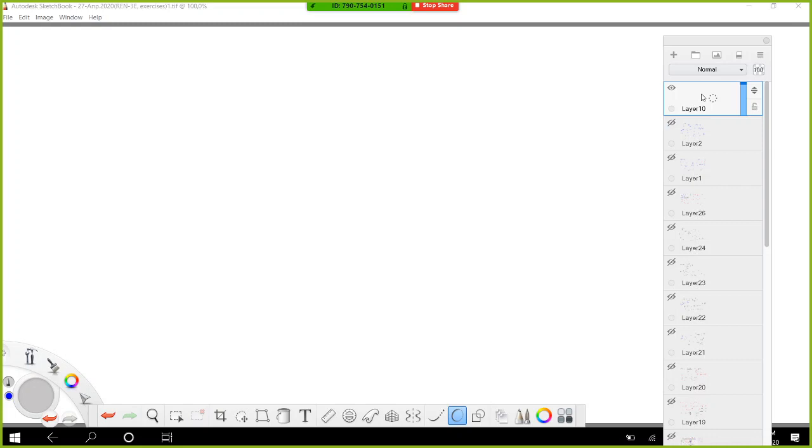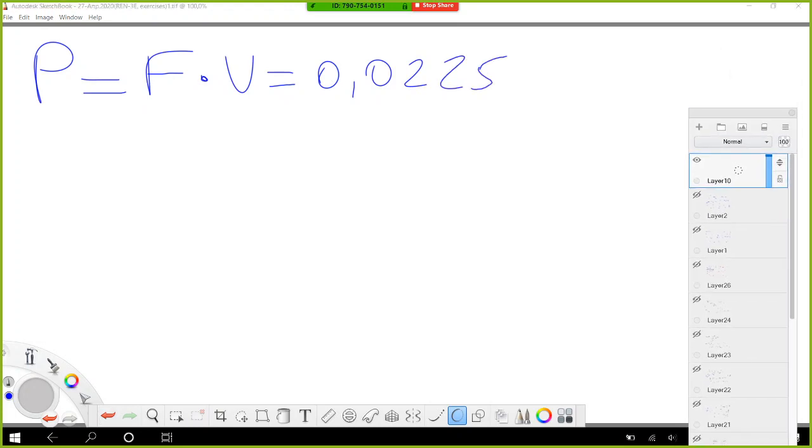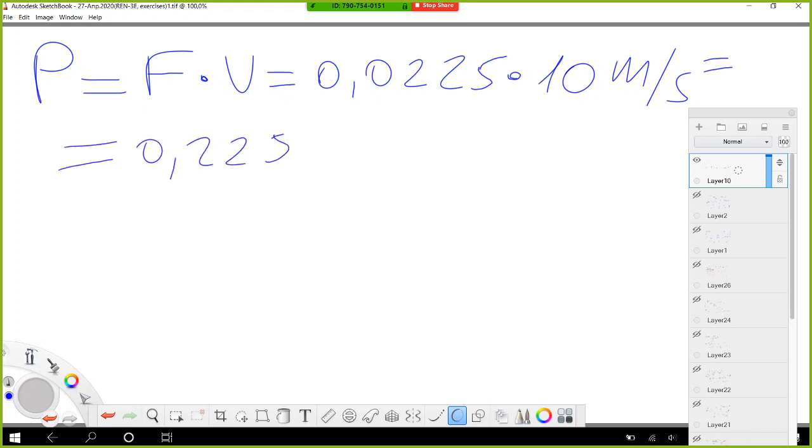The mechanical power P is simply given as F multiplied by V. F is 0.0225 newtons and V was given as 10 meters per second, and this is equal to 0.225